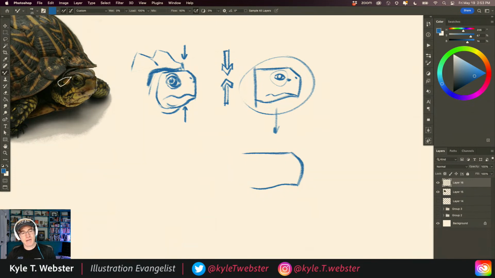And then the eyes are quite large, so I could make them even bigger. Still keep that little nose up there. And that can be